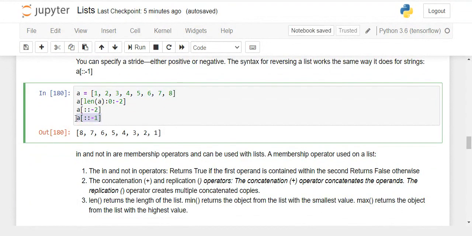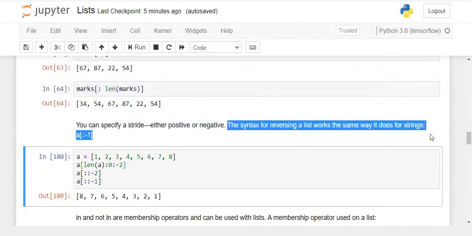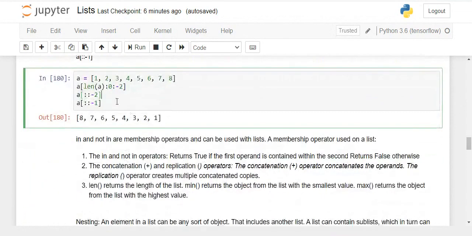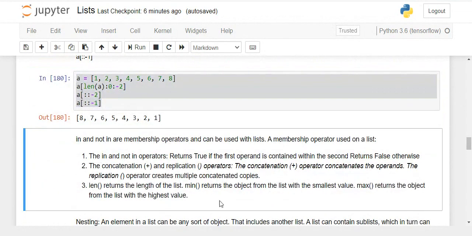That's how you can find the shortcut for reversing a string or reversing a list. It will be the same for both cases. The same thing is written over here: the syntax for reversing a list works the same way as it does for strings. I hope this part is clear, and we can move on to the next functionality.